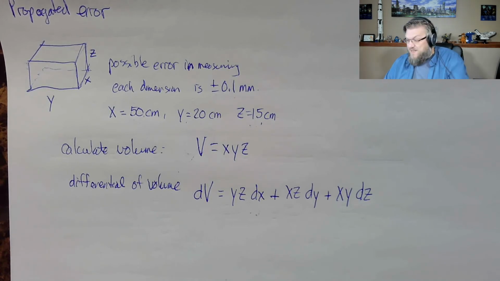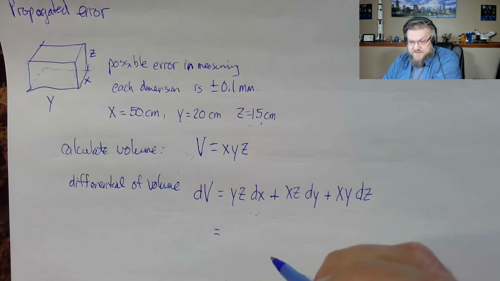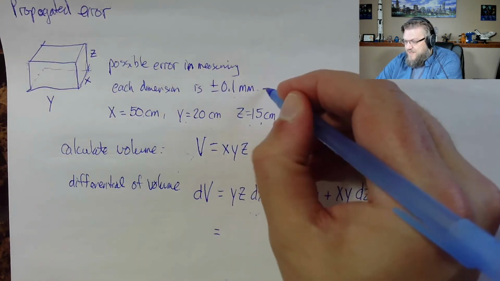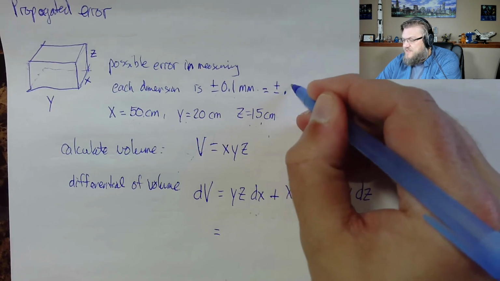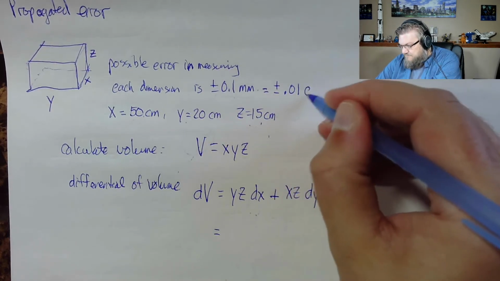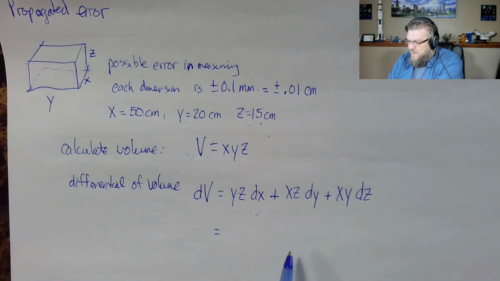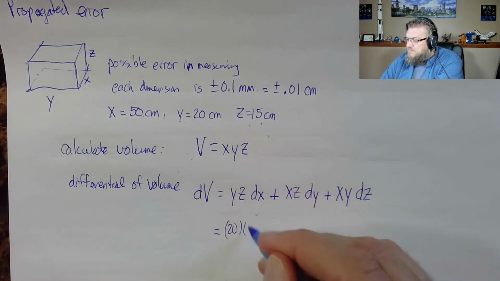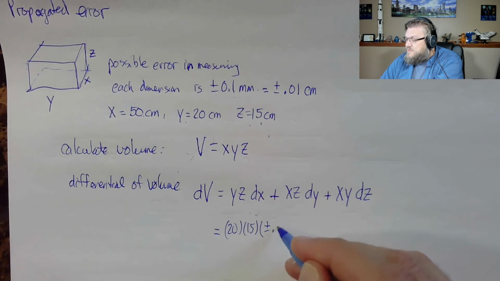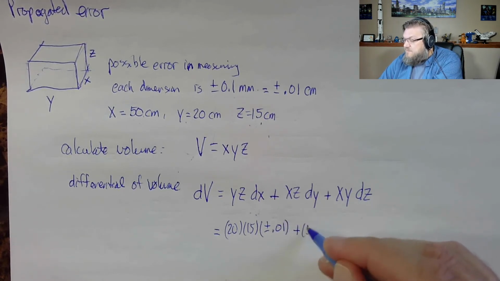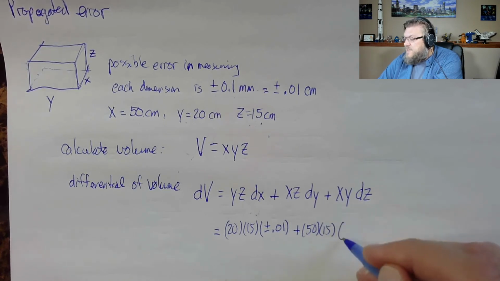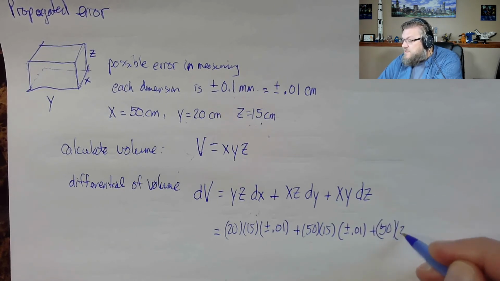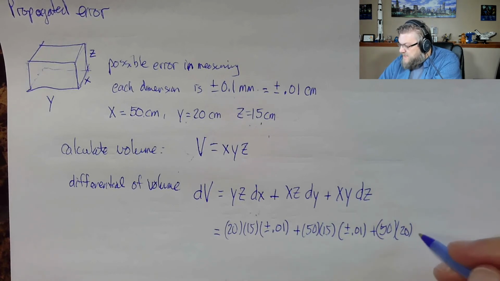So in essence, this becomes a plug-in problem. Do be careful with units. They're being sneaky here. Notice that the measurements are in centimeters and the error is measured in millimeters, right? And so 0.1 millimeter is plus or minus 0.01 centimeters, yeah? Okay. So here we go. We just plug in. Here's 20 times 15 times plus or minus 0.01 plus x is 50, z is 15